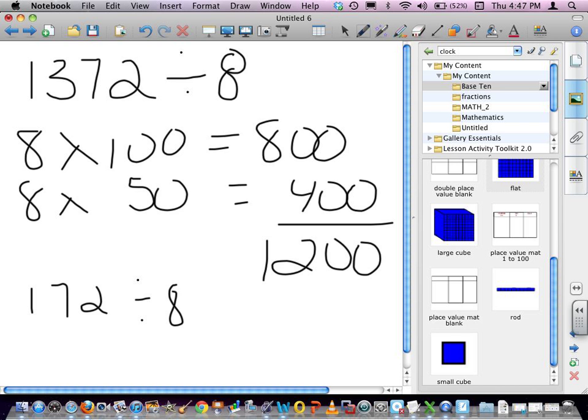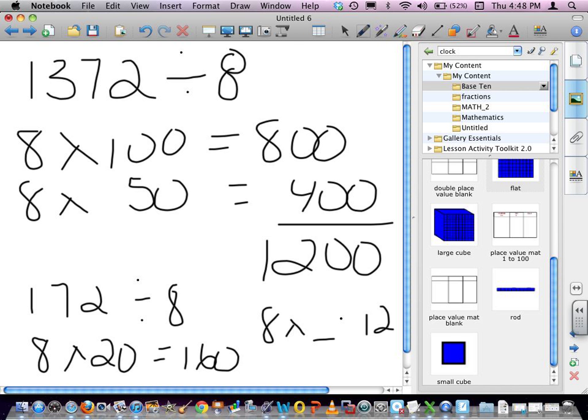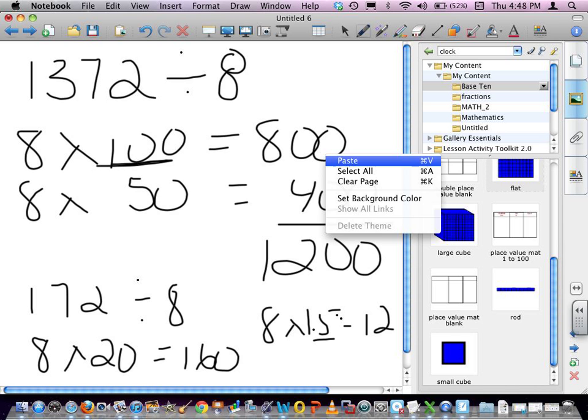Right? So if I fair share that, 20 times 8 is 160. That makes me happy. Because then I have how much left over to share? 12. So I got a remainder, right? I can think 8 times what is 12. And if I'm really gifted, what might I know about that? Oh my goodness, it is 1.5, because up here I knew 100 gave me 800. And 50